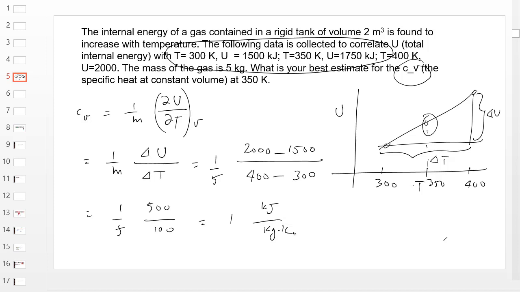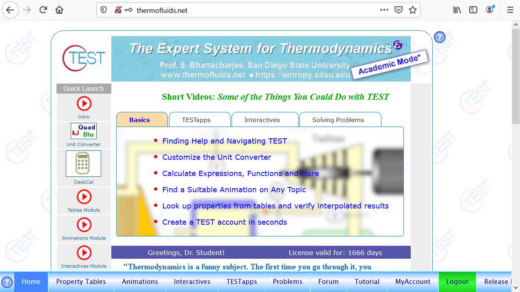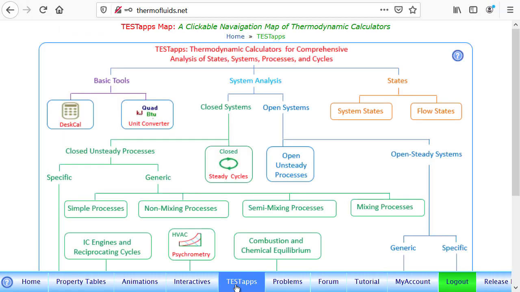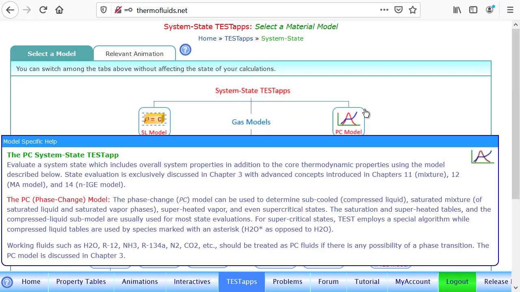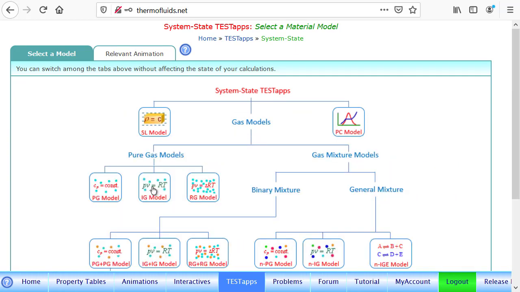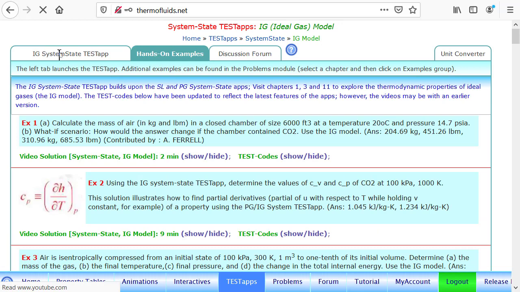Now let's take this problem one step further. Suppose we have carbon dioxide in a rigid tank. We'll make up a problem to show how we can calculate Cv in more practical circumstances where you don't have the simplified data given. So for that, we launch a test step. In this case, we want to find properties, so we'll open system states. And let's say we are talking about an ideal gas, carbon dioxide. So we open the ideal gas app,